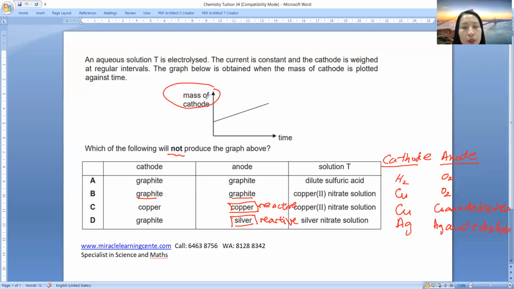Now let's look at the cathode. You notice that you have copper discharge and silver discharge. So this causes an increase in mass. Hydrogen has very low density, so the increase in mass is not significant. Hence, the best answer will be hydrogen will not produce the graph above. And the answer is